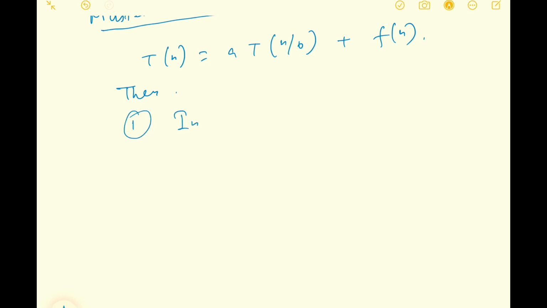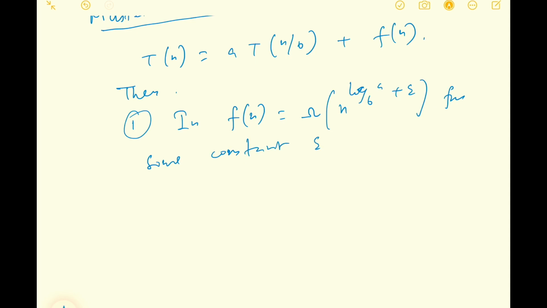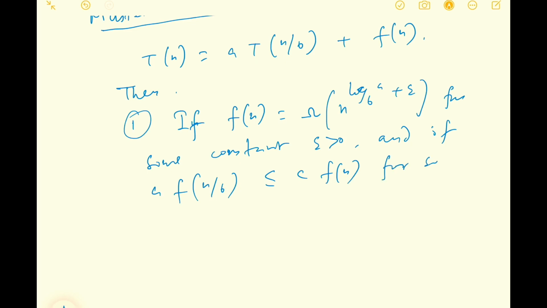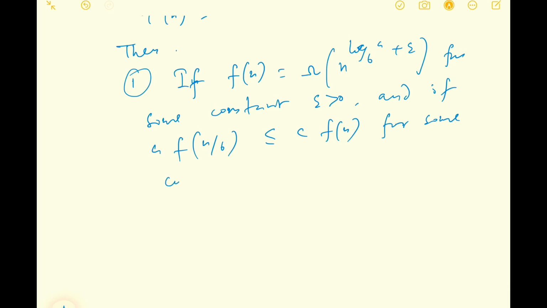The first case is if f(n) is big omega of n to the power log of a base b plus epsilon, for some constant epsilon greater than 0, and if a f(n/b) is less than c times f(n), again for some constant c less than 1, for sufficiently large n,